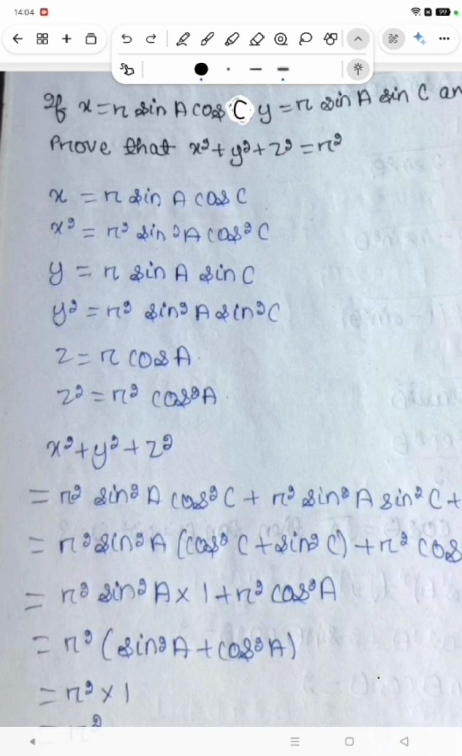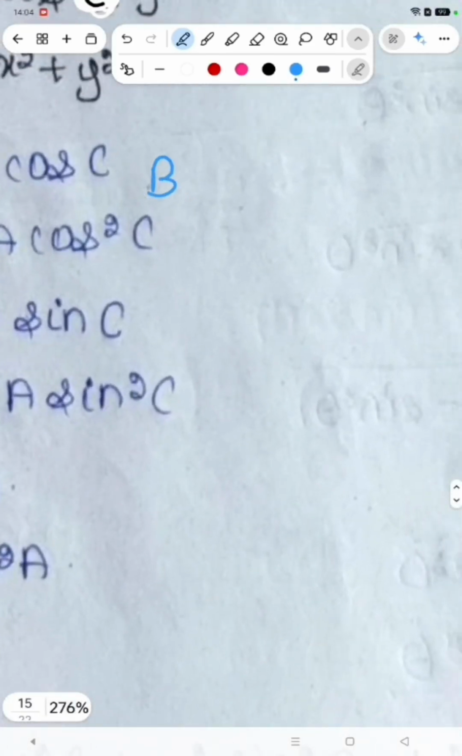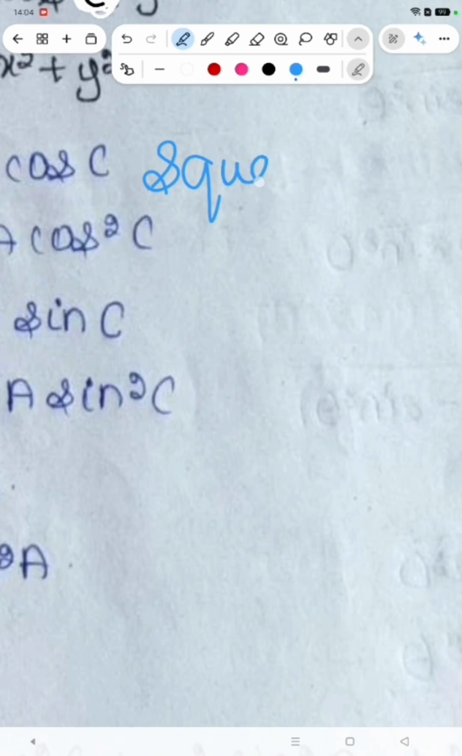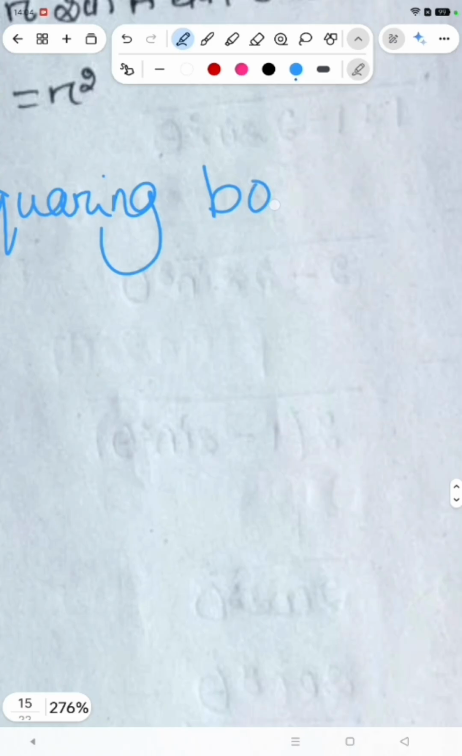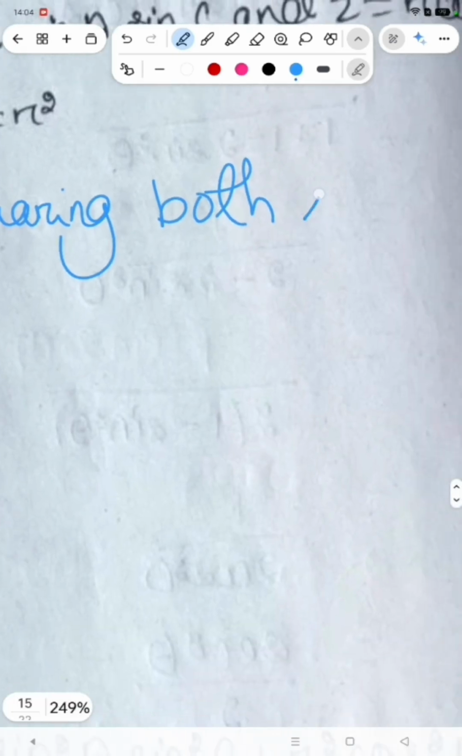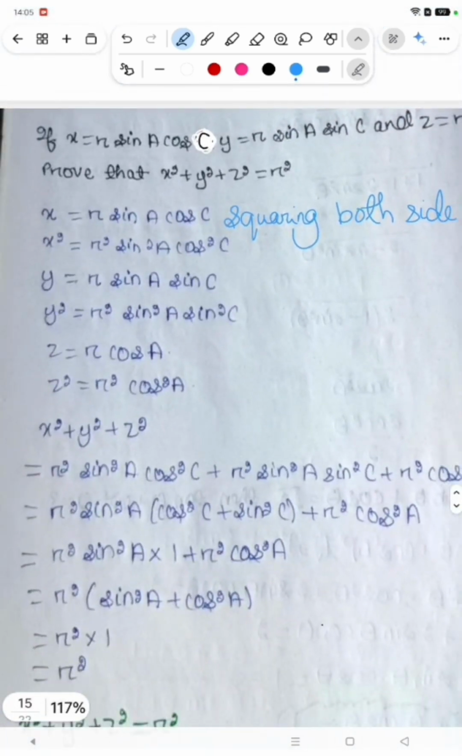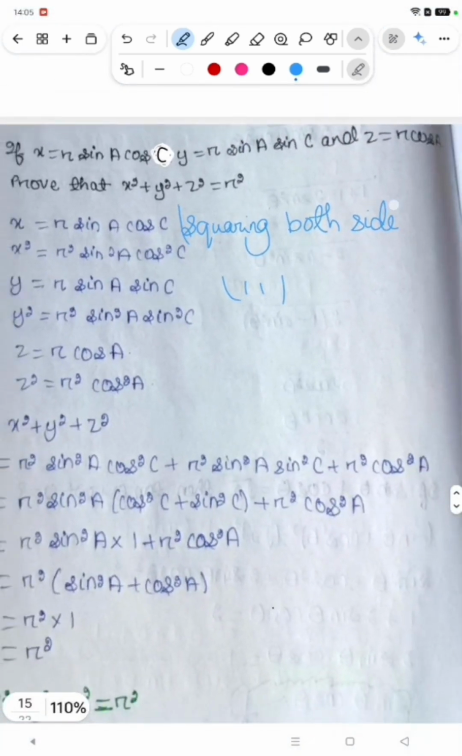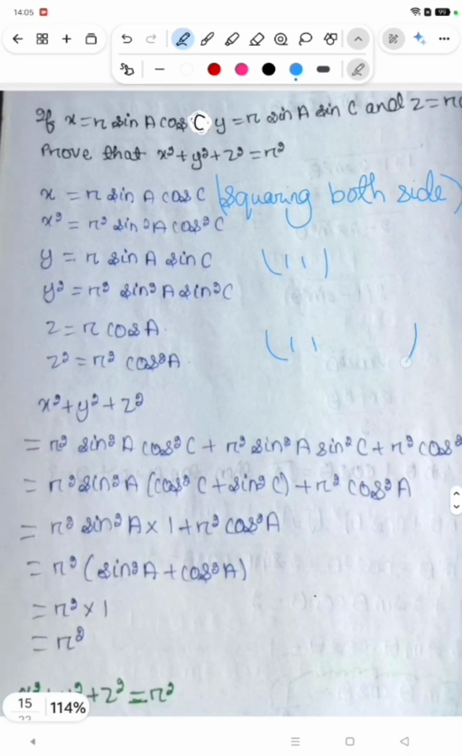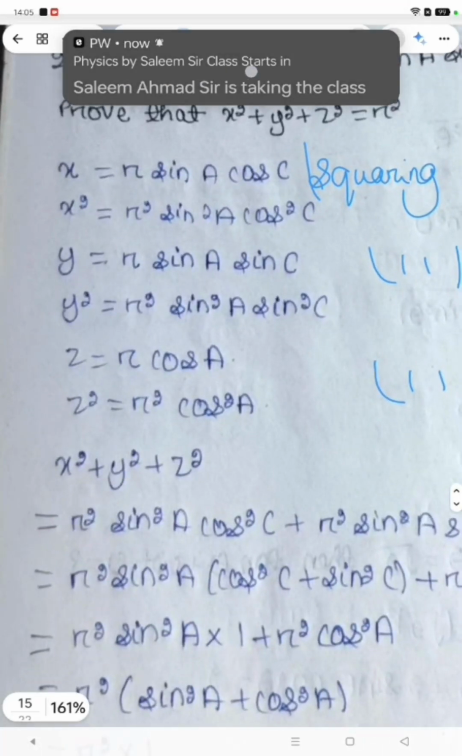We have to square both the sides. We should also write here squaring both the sides. In each value we have to do it in x, y and z. Here we also have to write in bracket. So I am writing like this, but in the exam you have to write it properly. So that will be